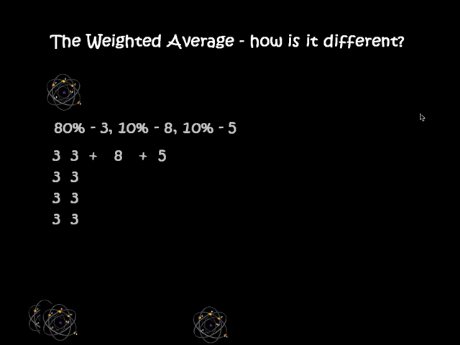There we go. So now this time, I'm going to have 80% of my values be 3. 10% are 8, and 10% are 5. So now that I have different values, if I add all these up, 3 plus 3 plus 3 plus 3, all of them, plus 8 plus 5. If I add all those together, I end up with 37. Again, I still have a total of 10, so I'll divide that by 10, and I get an average of